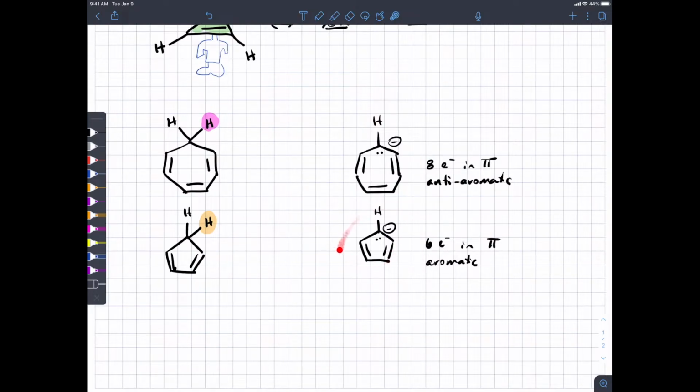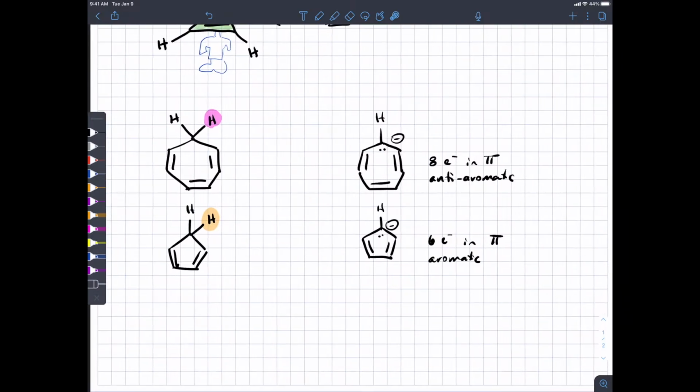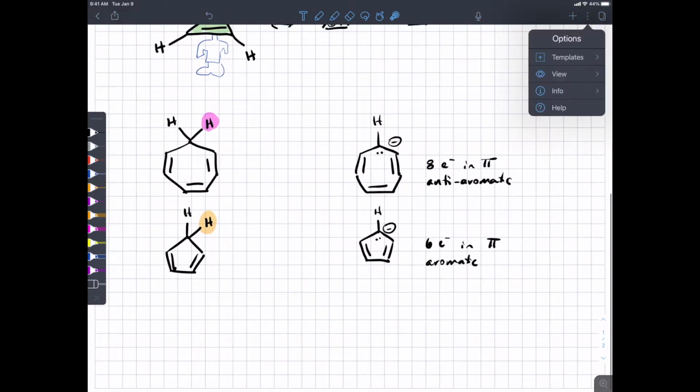But this anion, cyclopentadienyl anion, is actually quite stable. It's not a regular carbanion. You can use it as a ligand for metals in inorganic chemistry and catalysis, so it's quite stable. In contrast, we could